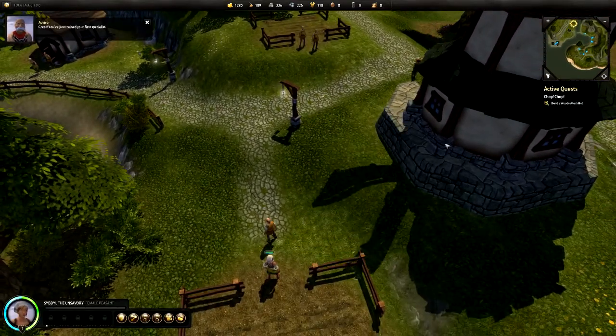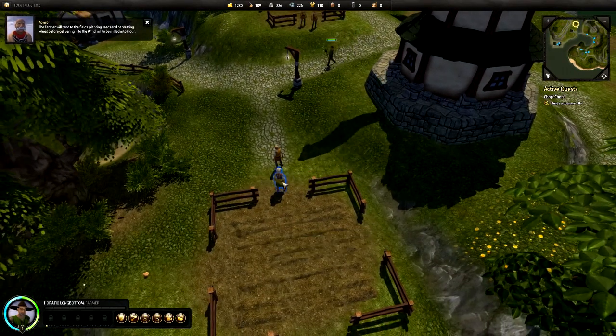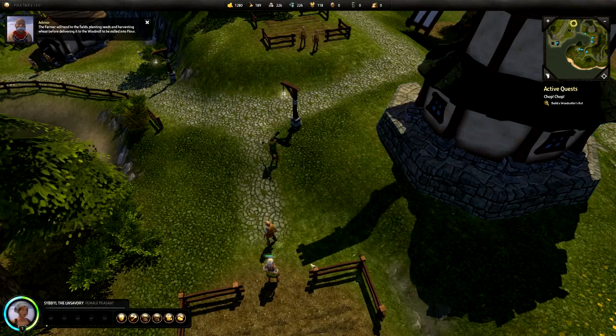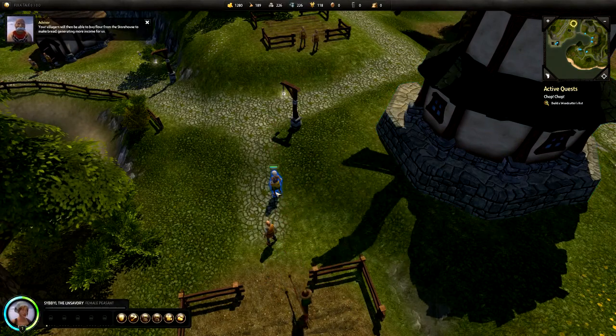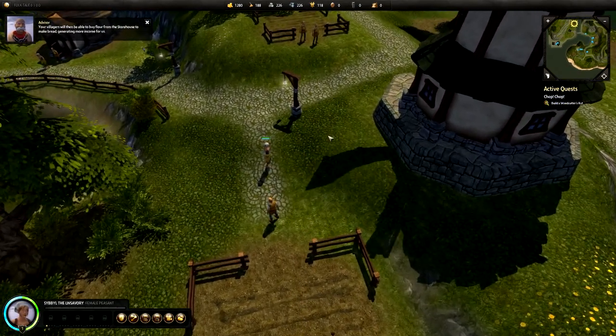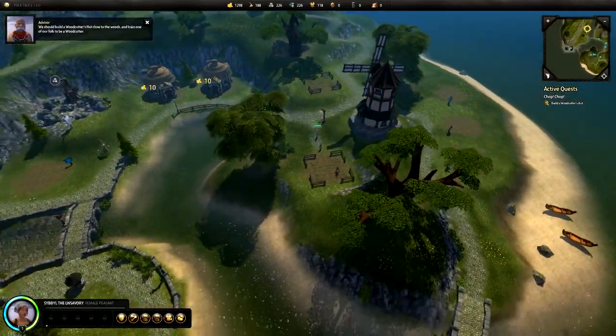Great! You've just trained your first specialist. The farmer will tend to the fields, planting seeds and harvesting wheat, before delivering it to the windmill to be milled into flour. Your villagers will then be able to buy flour from the storehouse to make bread, generating more income for us. We should build a woodcutter's lodge close to the woods and train one of our folk to